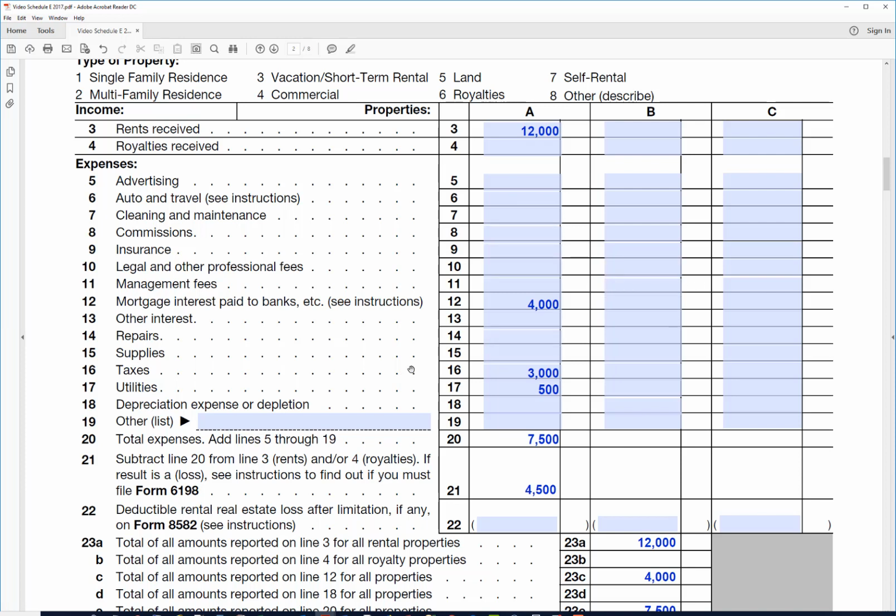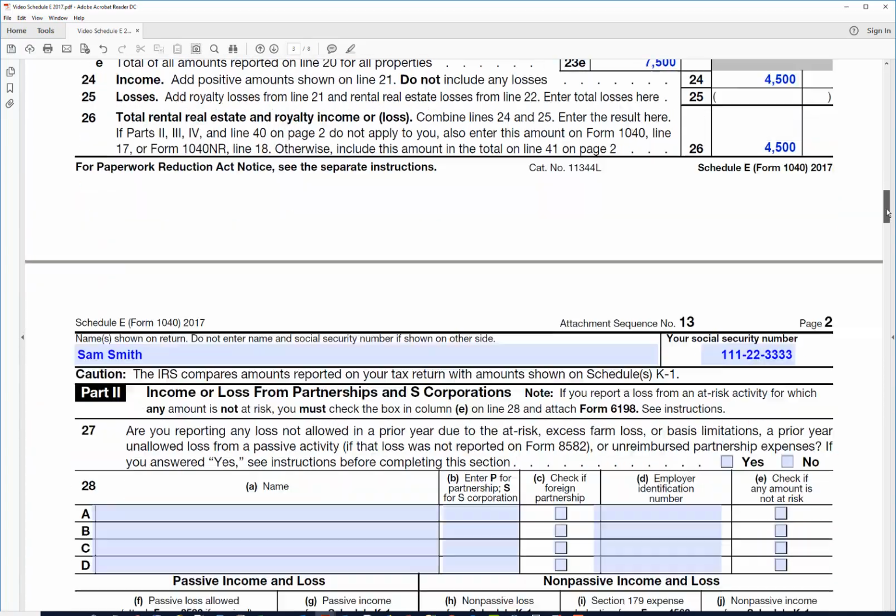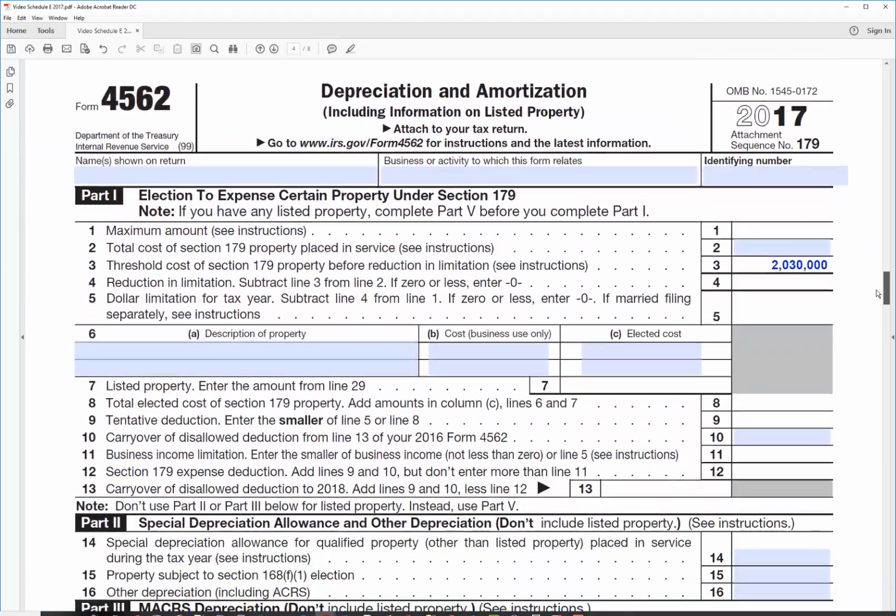But I want to look at the depreciation on line 18. Let's suppose that he bought the house for $300,000, and he decided that he wanted to depreciate it. Of course, you can't depreciate the land, so you need to separate the land and the house. So he's figured out that the house is worth $200,000 and the land is worth $100,000. So he wants to depreciate $200,000 on line 18. So to do that, he will need to go down here to this 4562,